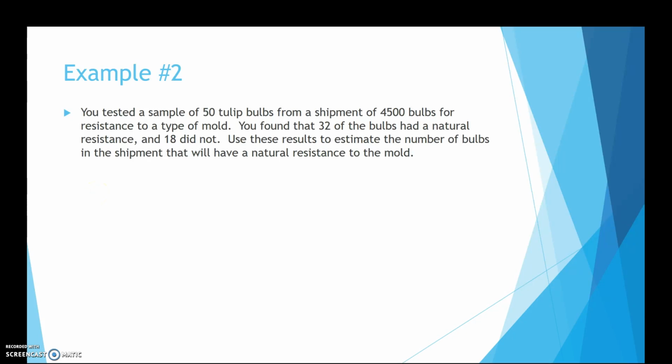So let's look at an example of a ratio situation. It says you tested a sample of 50 tulip bulbs from a shipment of 4,500 bulbs for resistance to a type of mold. You found that 32 of the bulbs had a natural resistance and 18 did not. Use these results to estimate the number of bulbs in the shipment that have a natural resistance to the mold. The way we're going to set this up is you're going to compare based on units. So we're going to set up the resistant bulbs in the sample over our total sample itself,